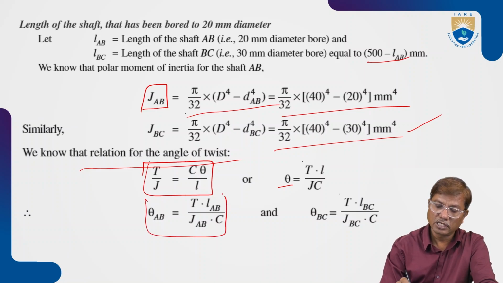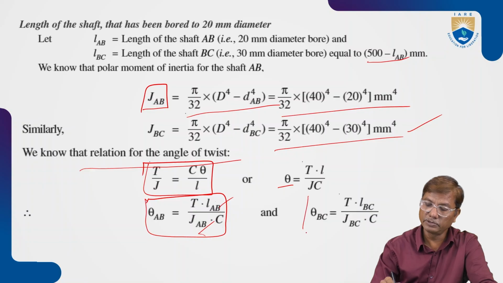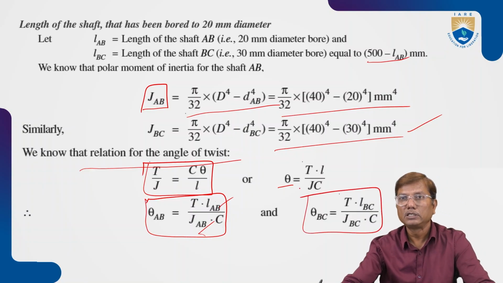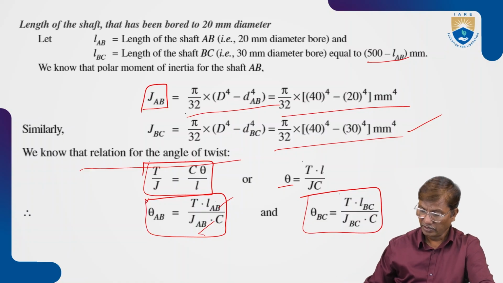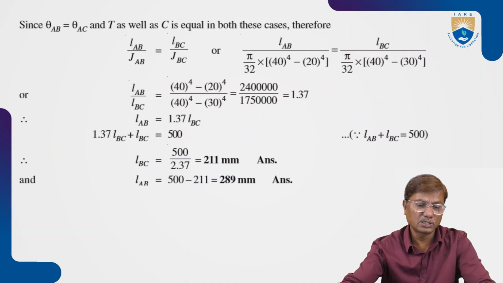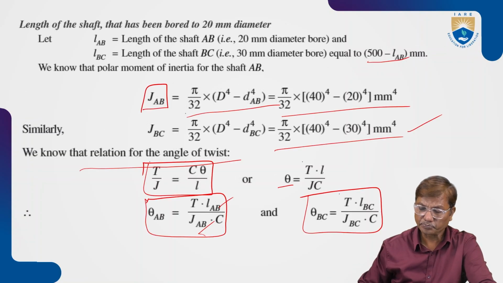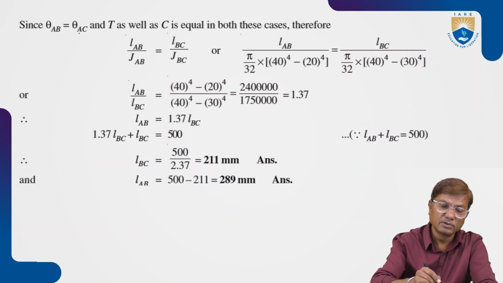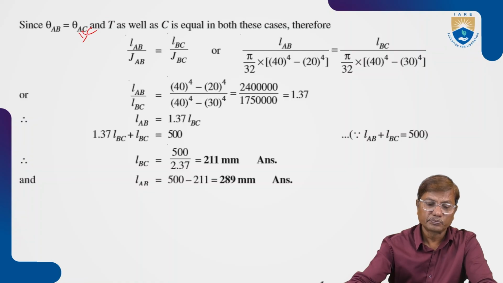So for portion AB, theta AB is equal to T into LAB by JAB into C. Similarly for BC, T into LBC by JBC into C. And what is given is theta AB equal to theta BC. Now equating these two,